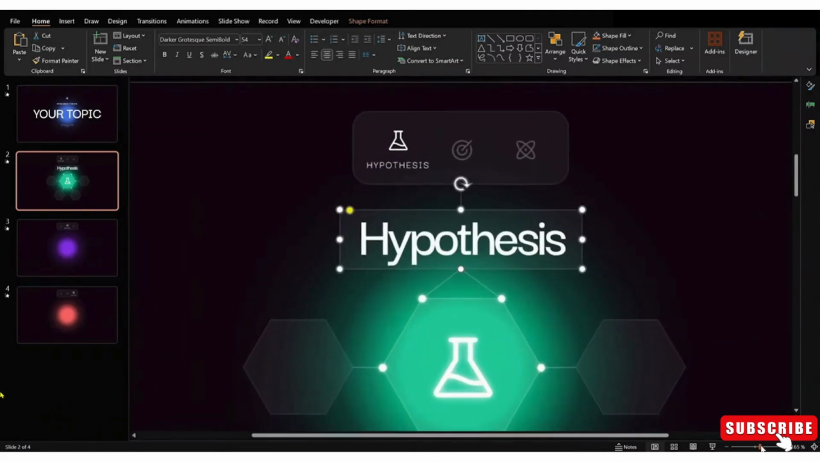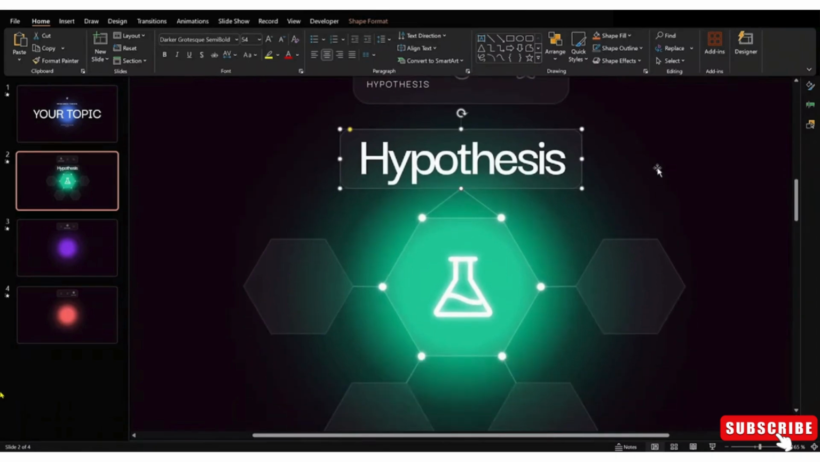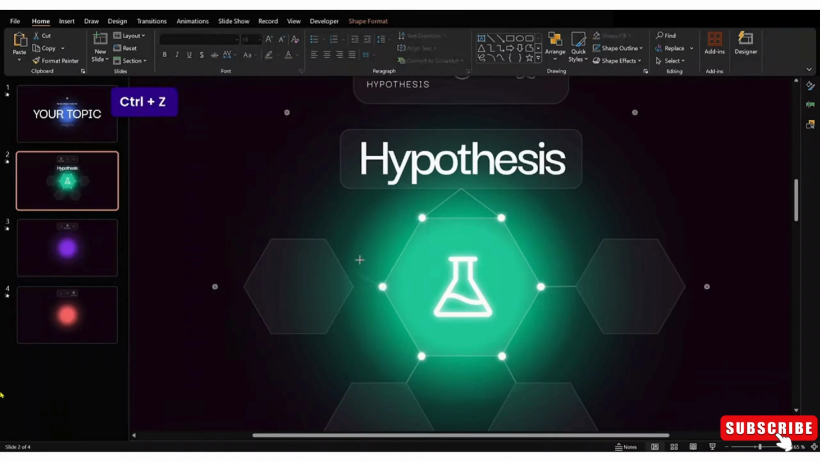So here at the top, we have a rounded rectangle, and below it we have some semi-transparent lines. So these are just simple lines. And over here at the edges of this huge hexagon, I have inserted some small circles. And on the sides, we have semi-transparent hexagons as well. And in the center, we have a flask icon with some white shadow to